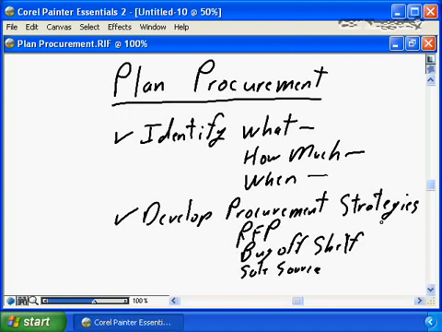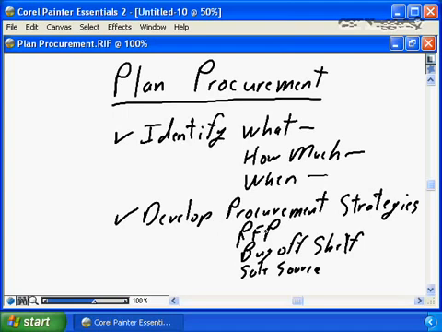Procurement options, procurement strategies, are often as variable as project requirements. Depending on specific project requirements, the what, the how much, the when, and depending on specific organizational standards and procedures, organizational policies, your procurement strategy will vary. Sometimes it will be a full public RFP, going through the full tendering process, getting multiple responses,